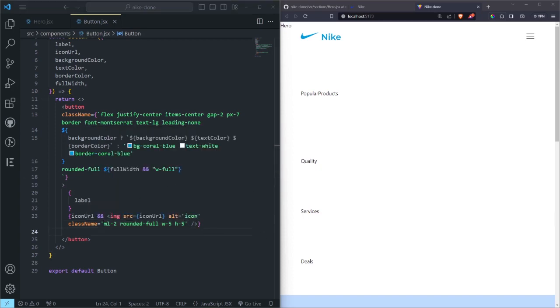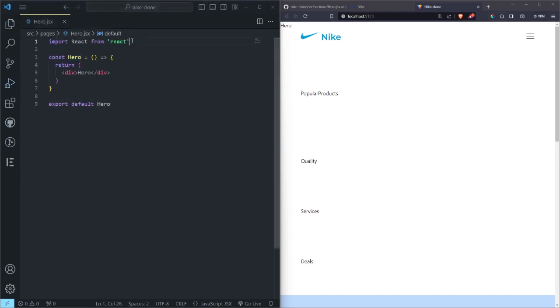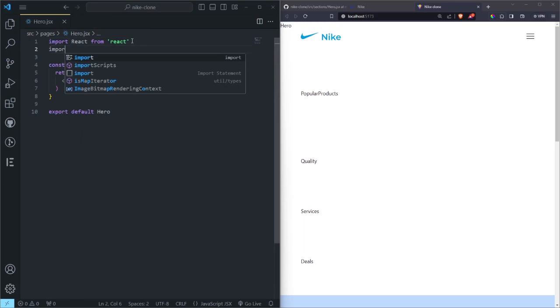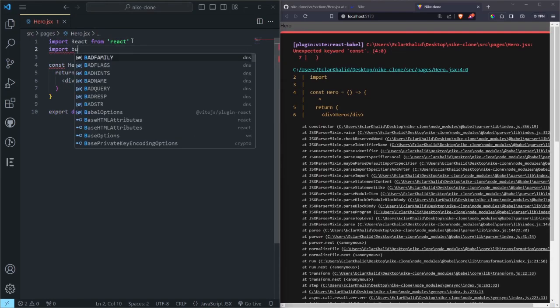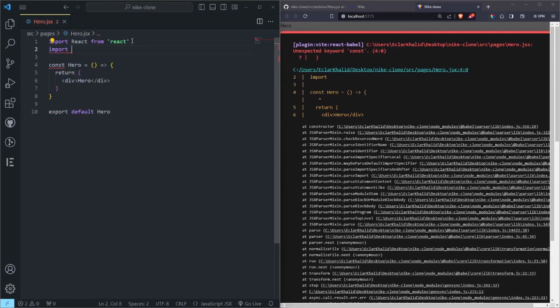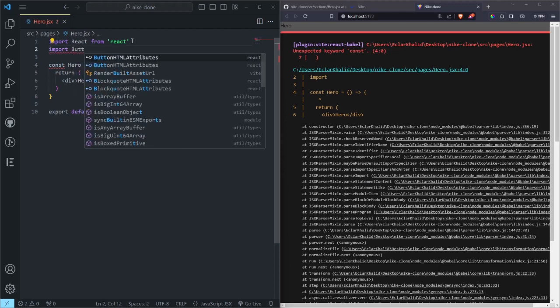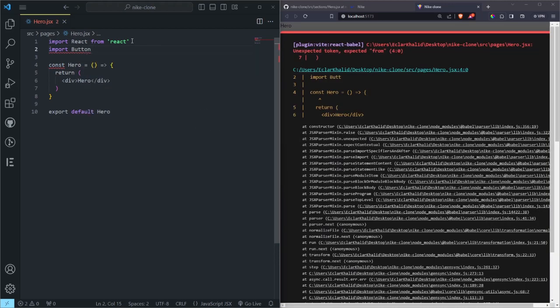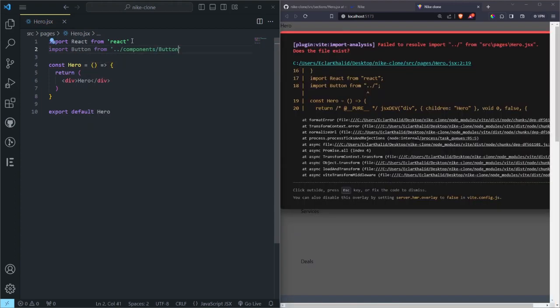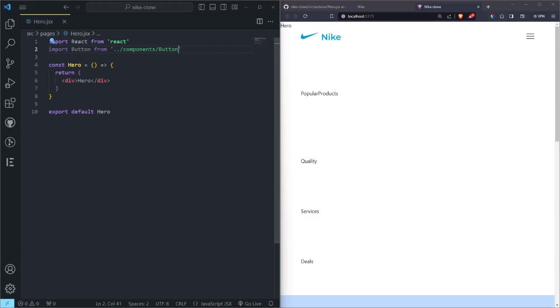So what we are going to do next is we are going to come to the hero, and then we can first import the button here. So import button from components, and then button, like that. And here now we are going to start creating the hero page. So let me remove this and add this,